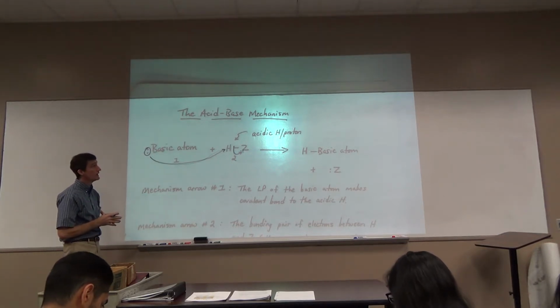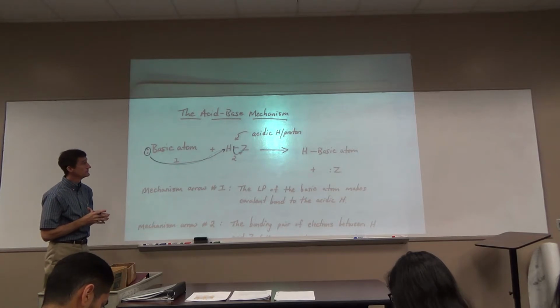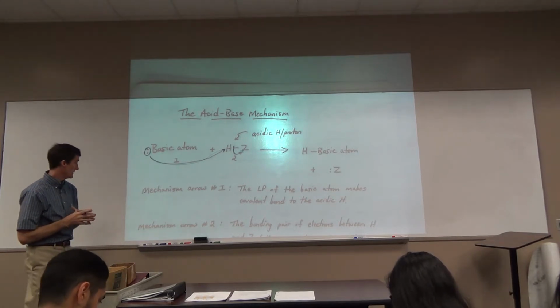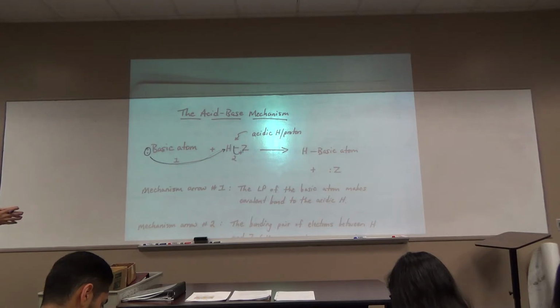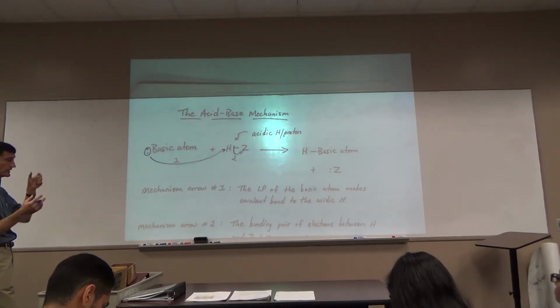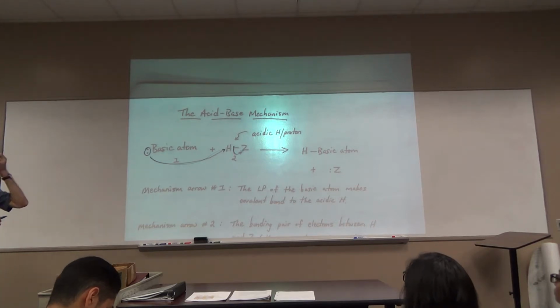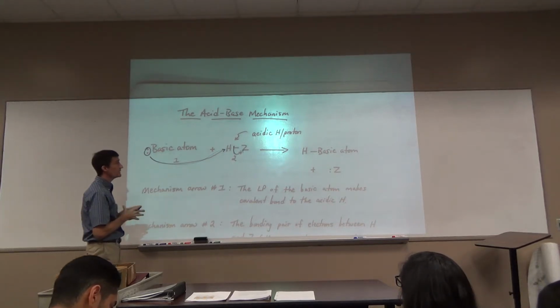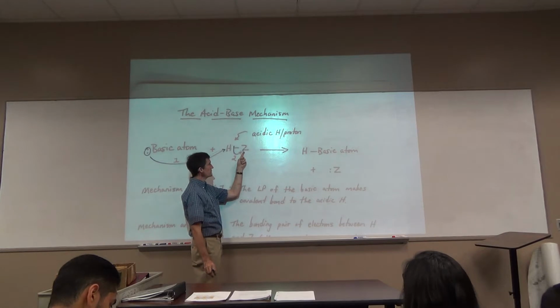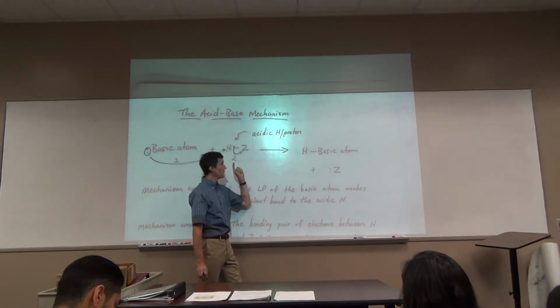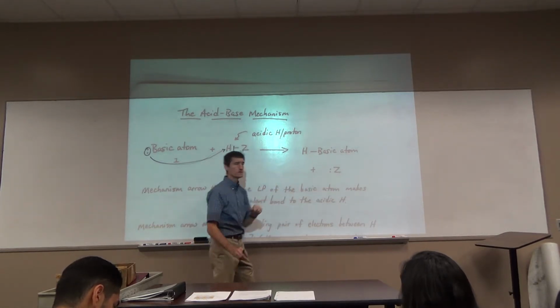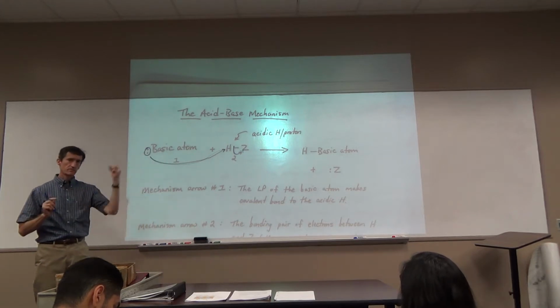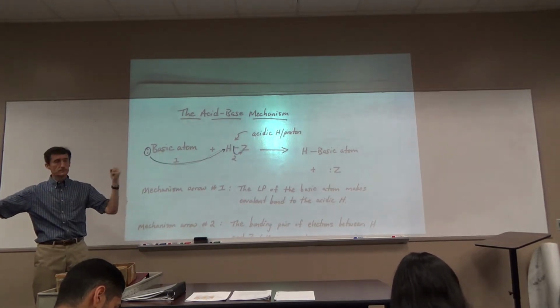Should the Z have a charge, or is that lone pair kind of representing the charge? Did I not say that charges were not shown? Yeah. I either did not say it or I should tell you here. No, I'm not showing charges anywhere. Yeah, very important. You often will have charges in an acid-base. I didn't put them there because it could be either. This could be charged and thus that would be neutral, or that's neutral and thus this could be charged. What is consistent is bonding, now lone pair.